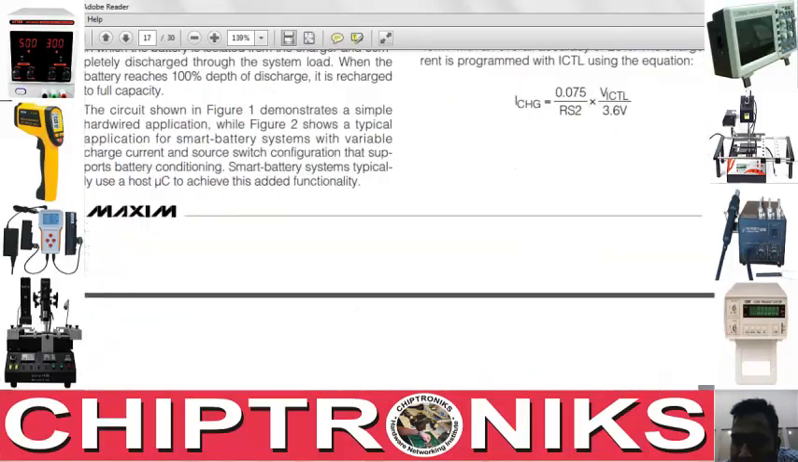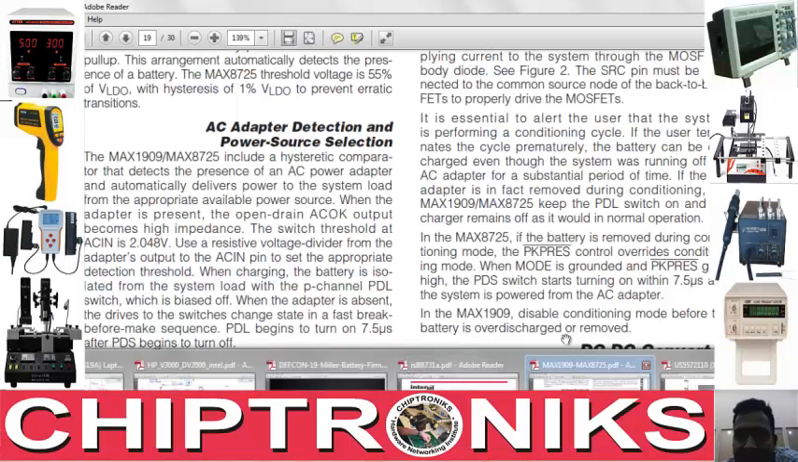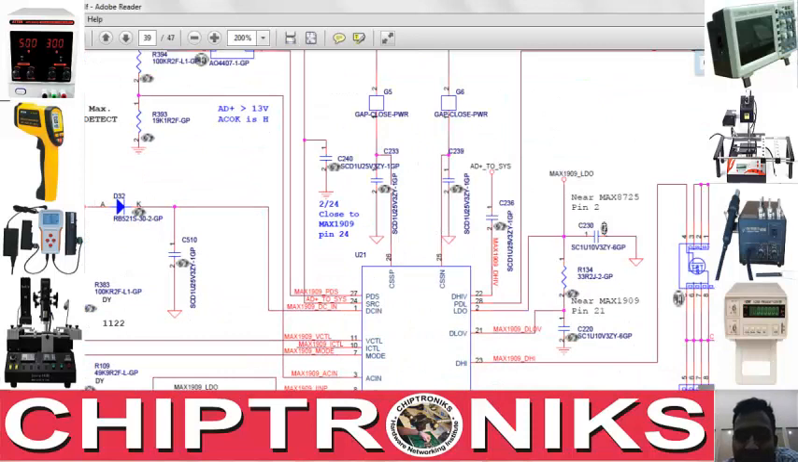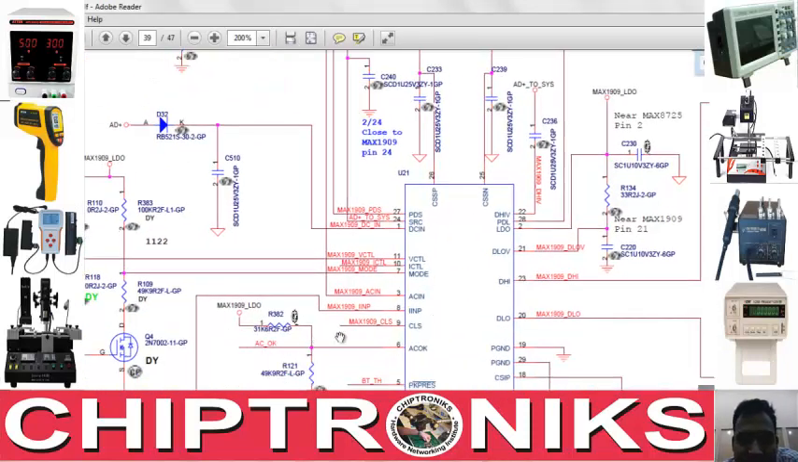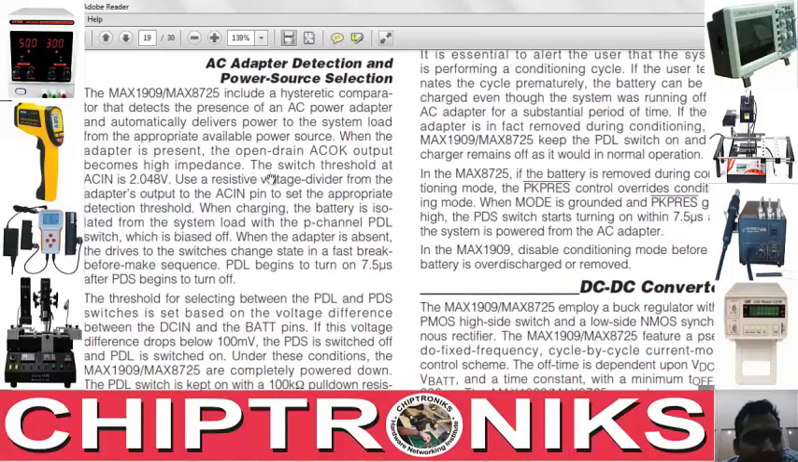Let's go to, over here, yeah, AC adapter detection and power source connection. You can see when the adapter is present, the open drain AC OK output becomes high impedance. As I said, if the adapter is present, then this AC OK will become high, okay? And you see over here, use a resistive voltage divider from the adapter output to the AC pin to set. When charging, the battery is isolated from the system load with the P channel PDL switch which is biased off,